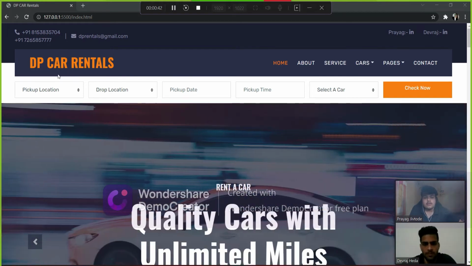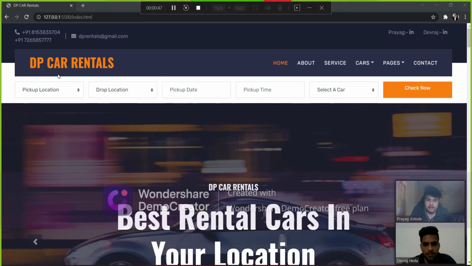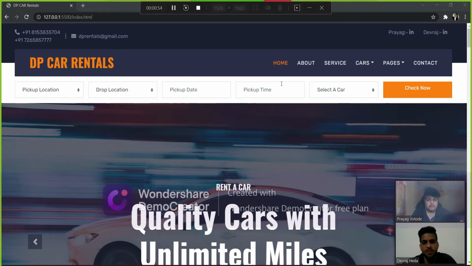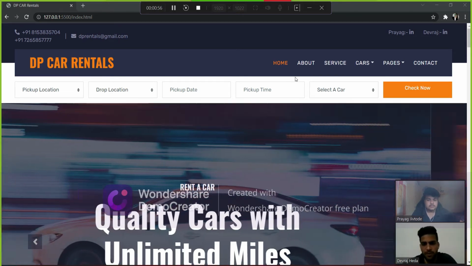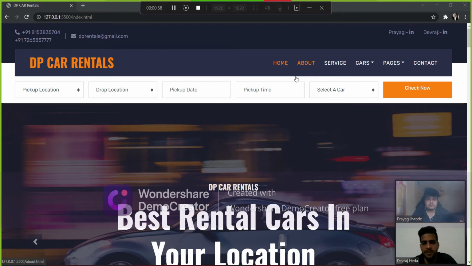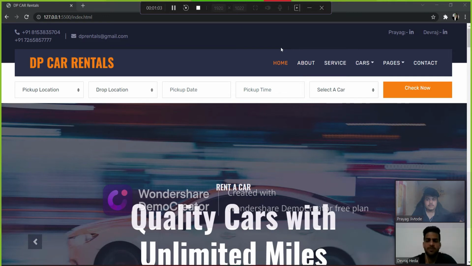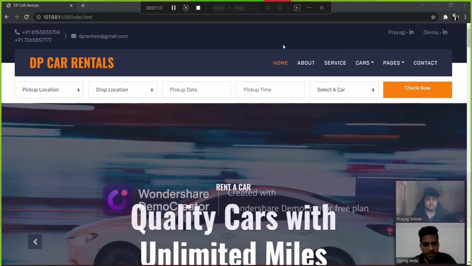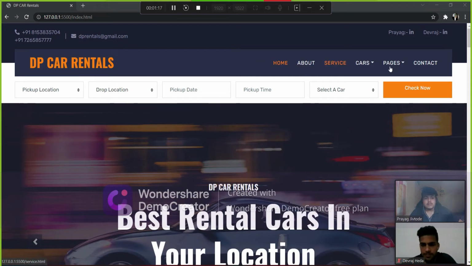We designed a static online car rental system using HTML, JavaScript and CSS. The purpose of designing this website is that, because of COVID, many people can't afford cars, and in COVID it is not safe to travel in public transport. So for those who can't afford a car, they can rent from here. Here is our website.